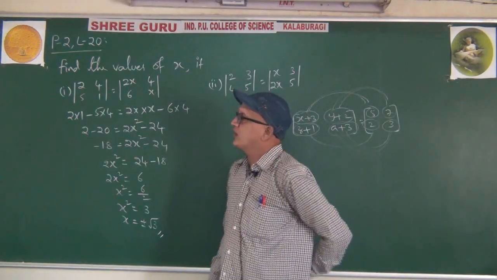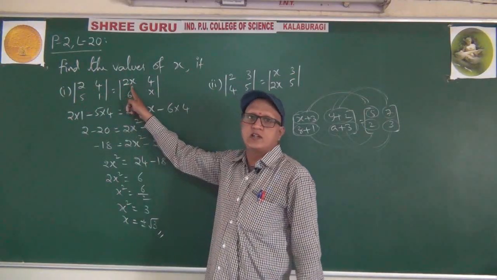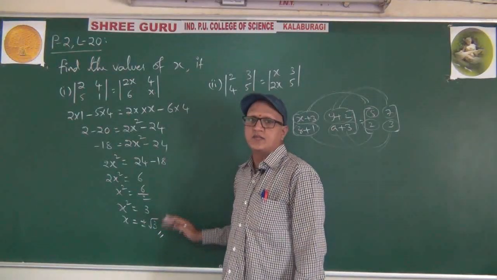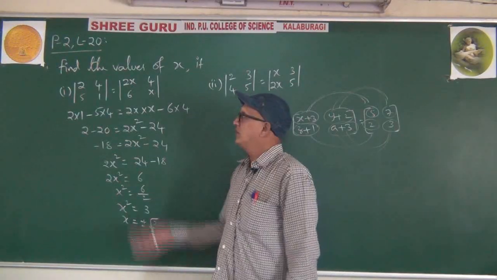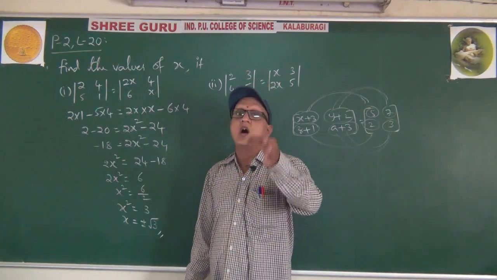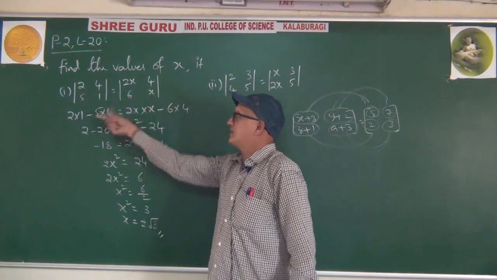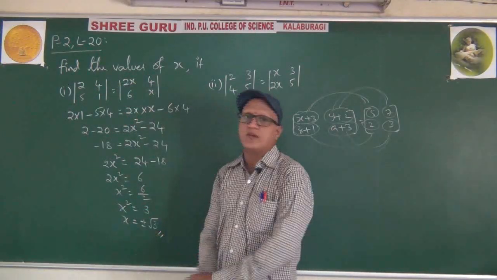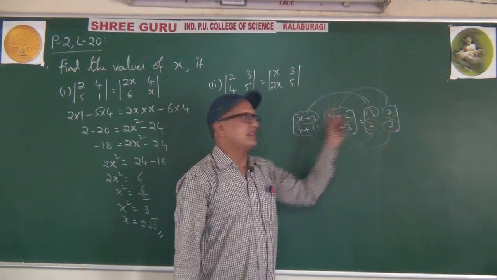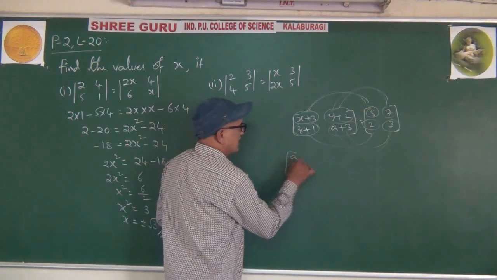In the beginning, few students who want to equate say 2 equal to 2x means x equal to 1. But what we got, this is the correct answer. Don't equate the corresponding elements in determinants. How to remember, what is the trick? There is expansion for determinants. That's why expand and simplify. That is the trick to remember. There is no expansion for a matrix. That's why equate. Sir, in case they give the matrix like this,